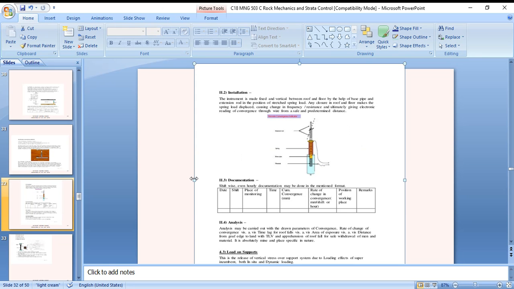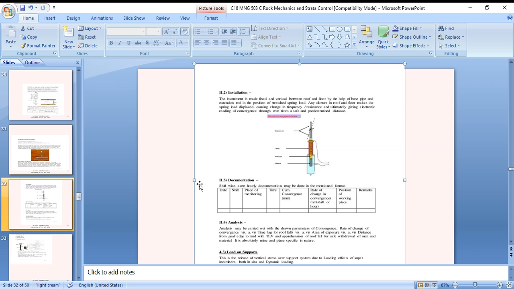So this is another installation work. The instrument is made fixed and vertical between the roof and floor with the help of the base pipe and extension rod. The position of the stretch spring rod, as the roof and floor come closer, makes the spring displaced, causing change in the frequency resistance and ultimately giving the electronic reading of convergence through the wire from a safe and predetermined device. Documentation, place of monitoring, time, convergence, rate of